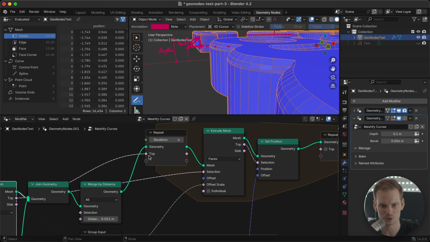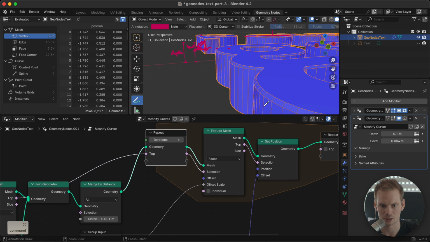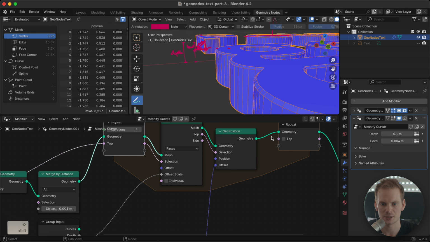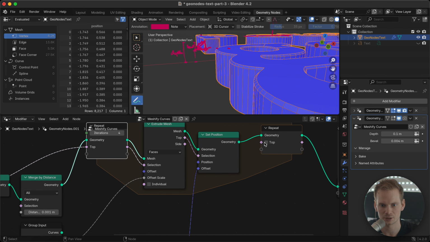And now we have a top here. We can move it in here. It actually changes things, but we're not updating the top. So the first iteration, we're getting this top selection. And then the second iteration, we don't do anything. We have everything deselected. So we're only doing one little iteration, and then we are not selecting anything.